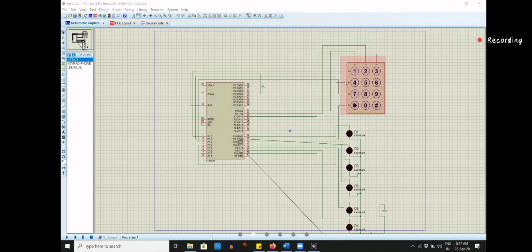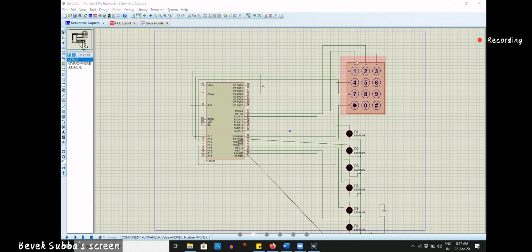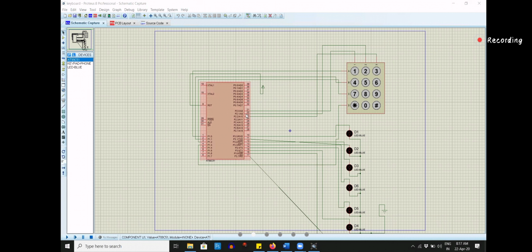These rows 1 2 3 4 are connected to port 1: pin 1.0, 1.1, 1.2, 1.3, and the 3 columns are connected to your port number 2, pin number 2.0, 2.1, 2.2. Okay, so port 1 and port 2 are being used for your input, that is keyboard.